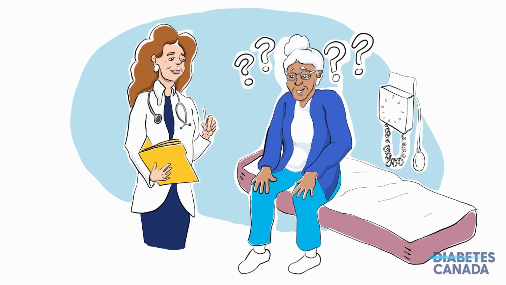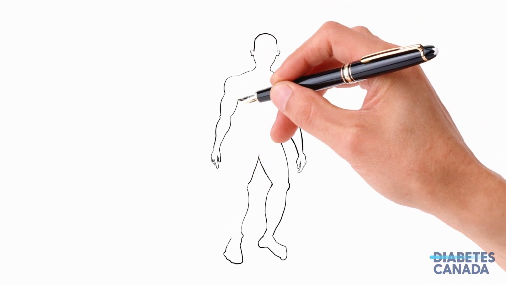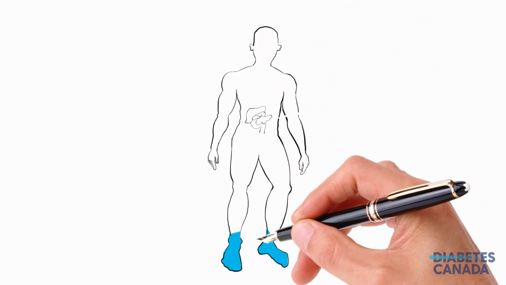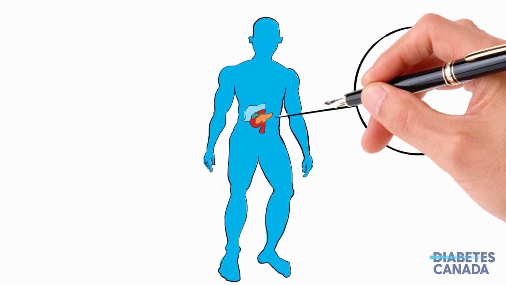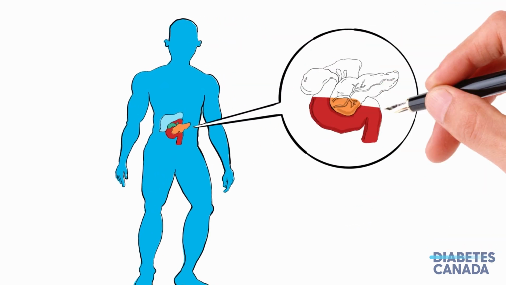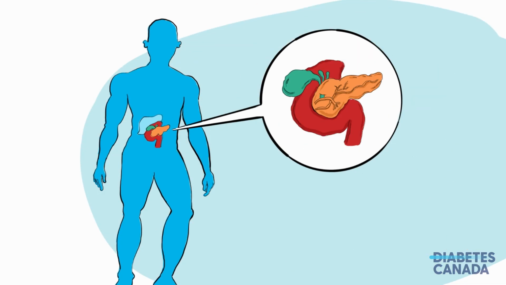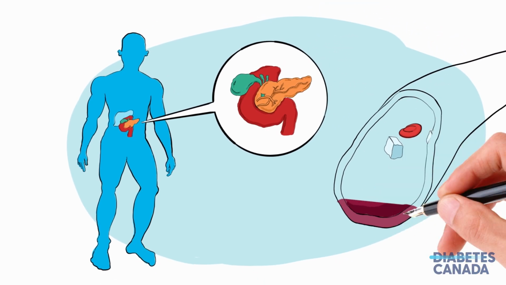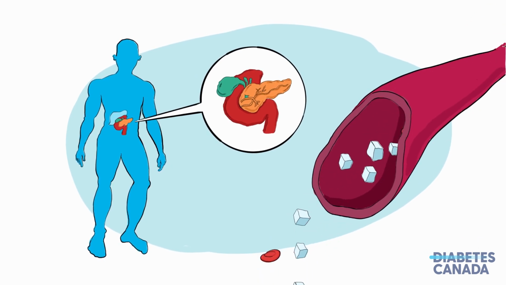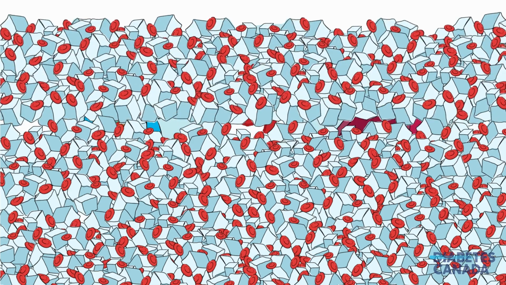So, let's begin. Diabetes is a condition in which the body either cannot produce insulin or cannot properly use the insulin it does produce. What is insulin, you might be asking? Insulin is a hormone produced by an organ called the pancreas that controls the amount of glucose or sugar in the blood. We can't live without insulin. The body needs it to help store sugar to be used as energy. When the amount of sugar in the blood is too high, over time it can damage different parts of the body and lead to health complications.